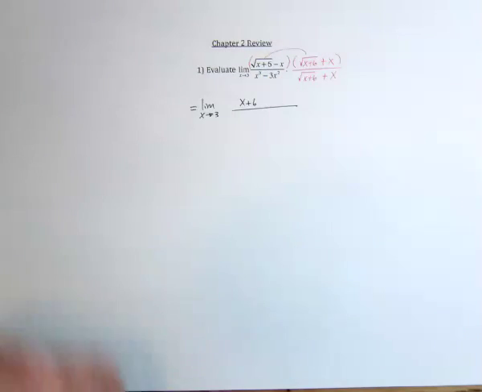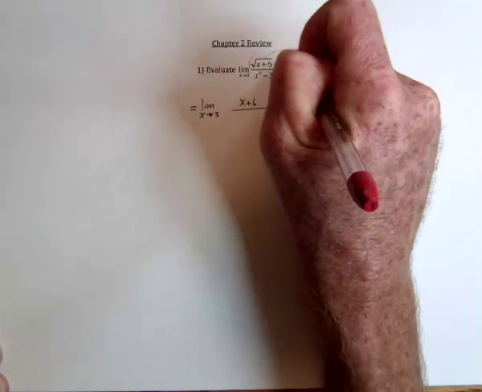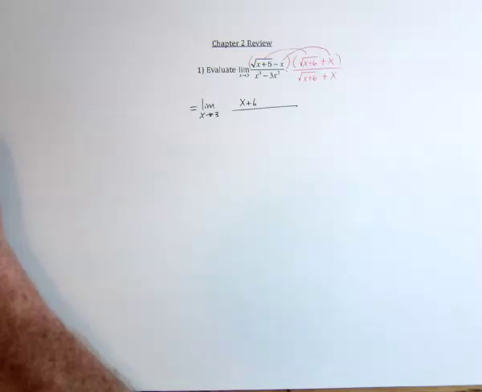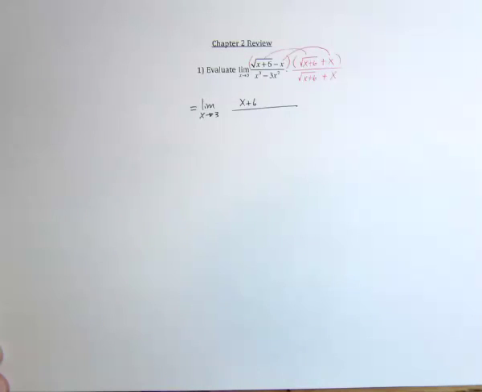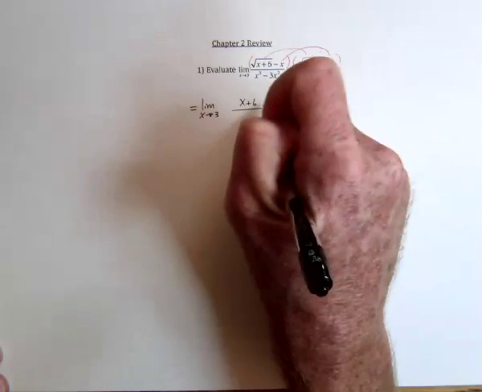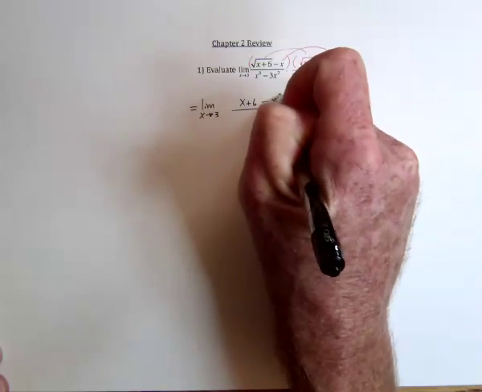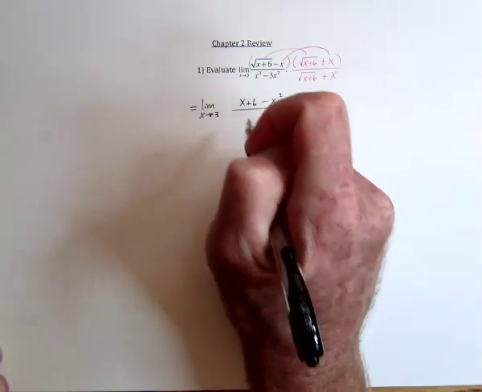And the only other thing we need for the numerator is the last term times the last term. Whenever you use conjugates, the middle terms cancel out. So this is going to be negative x squared. And for the denominator,